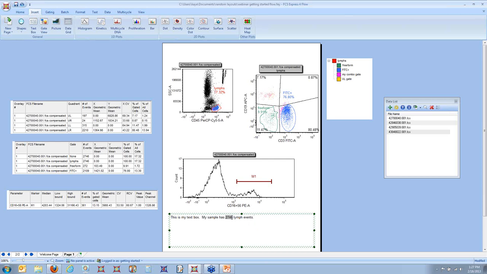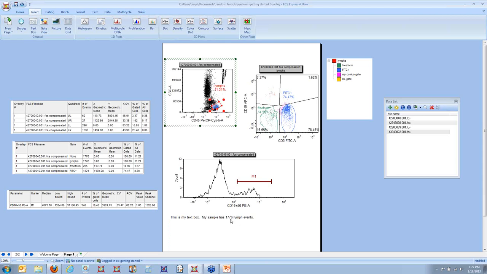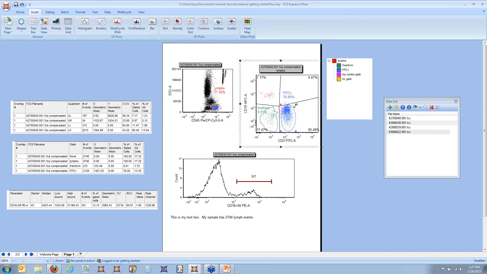So it's a live updating piece of text on your layout. If I move my lymph gate up here, notice how the number of lymph events has changed, okay? I'm just going to undo that. So you might have noticed that these gate statistics that appear above your gate, they update in real time too